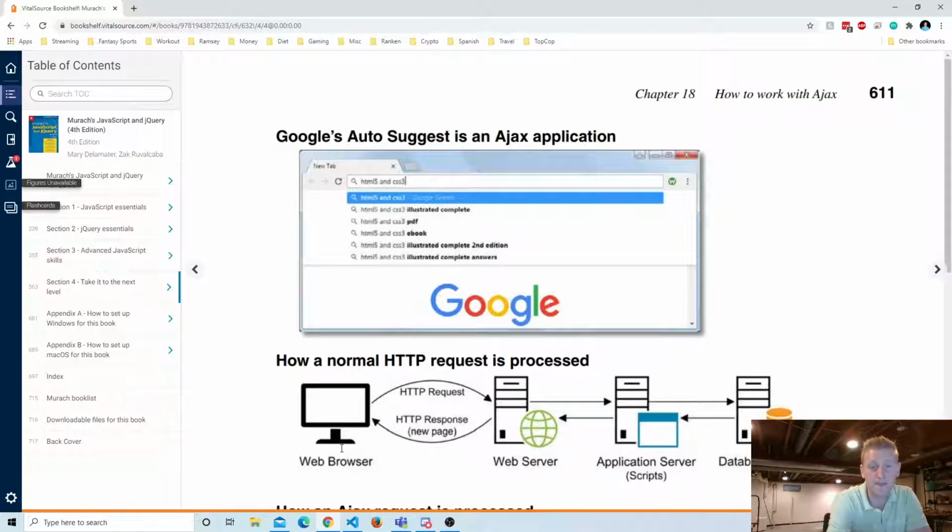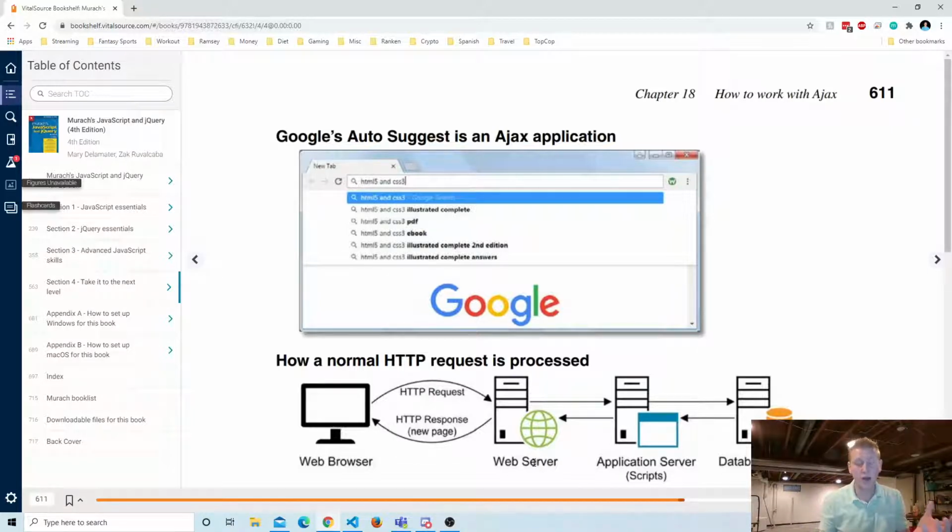And so, when you're looking at a standard, what we've been doing so far, okay? Up until this point, we have not worked with application servers and we have not worked with database servers. We've only worked with our web browsers and our web servers, okay? A web browser is a client,